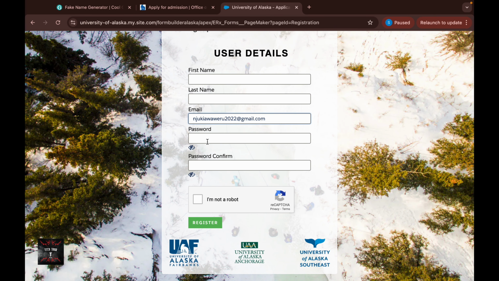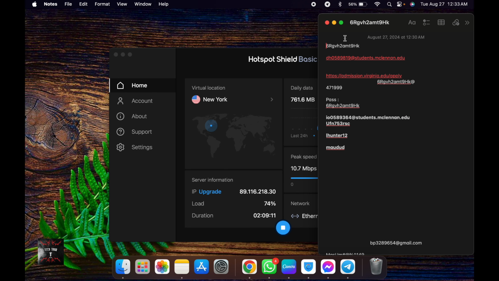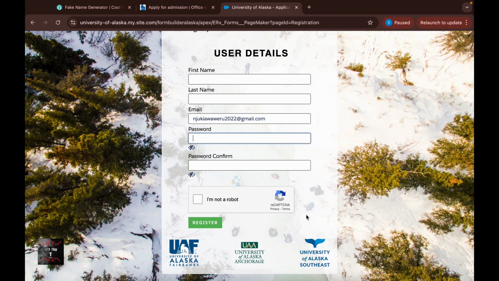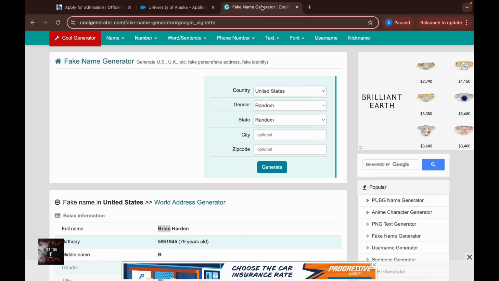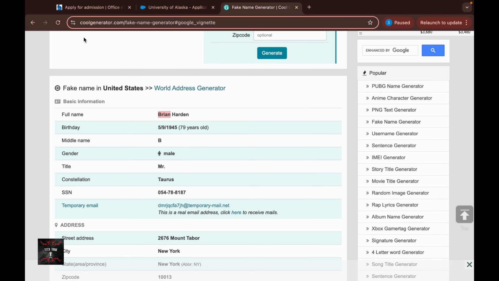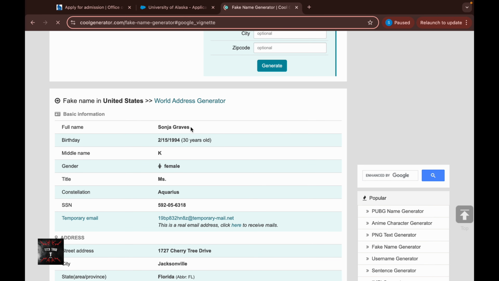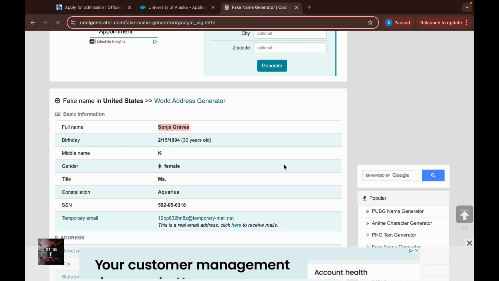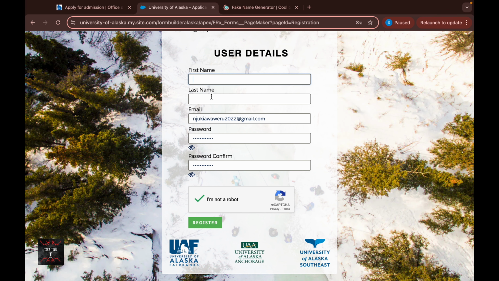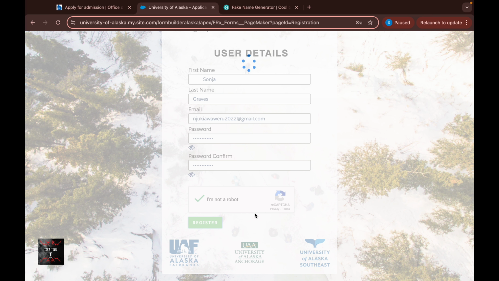Then put your email and the password you want to give. I'm giving my password. You can give as you want. Then first name, and this is our profile generator. You can use it. I'll put this in my comment section. Then paste, then register. After successfully registering your account,